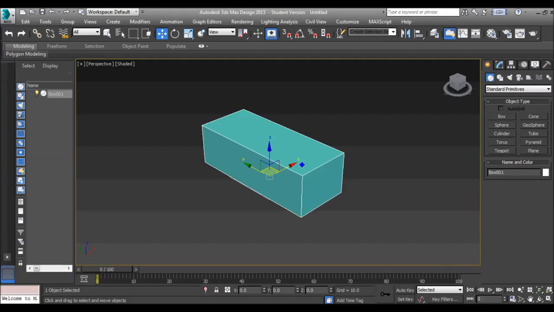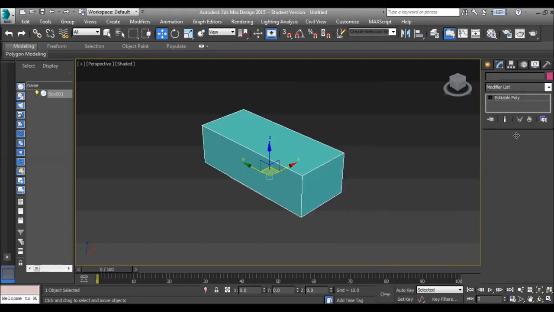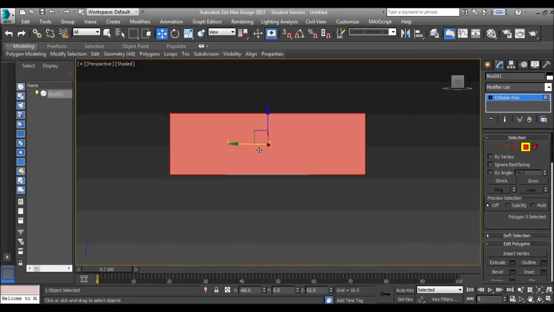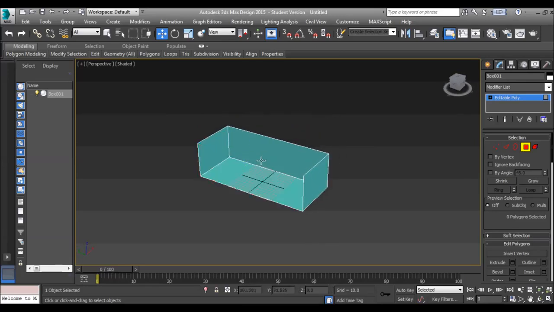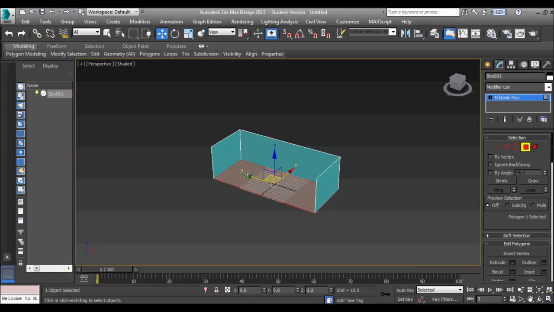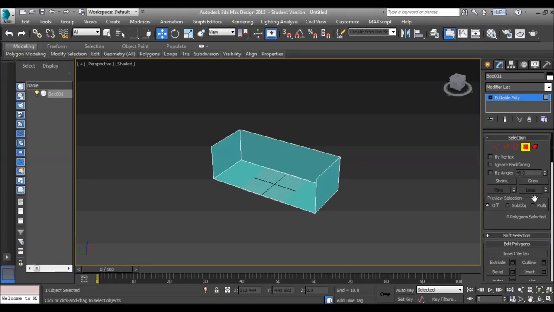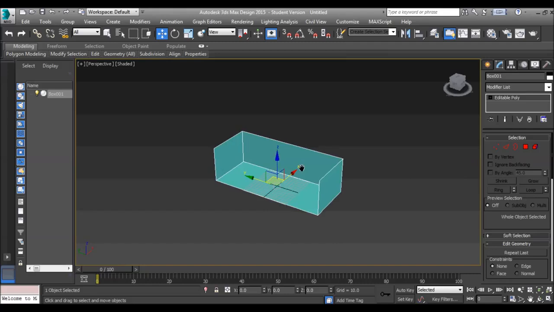With this now, we're going to convert it to Editable Poly, and we're going to delete the top polygon, and we're also going to delete, if we go into the side view, the one that's in front of the left, so we'll be able to see the one on the back. We want to keep the rest of them so that we can place the blueprints on top. So what we should have now is a box with two sides removed. Select the whole of the box, and we're going to flip the geometry so it's now on the inside rather than the outside. We're going to have to apply a multi-sub object texture to this, so we're going to